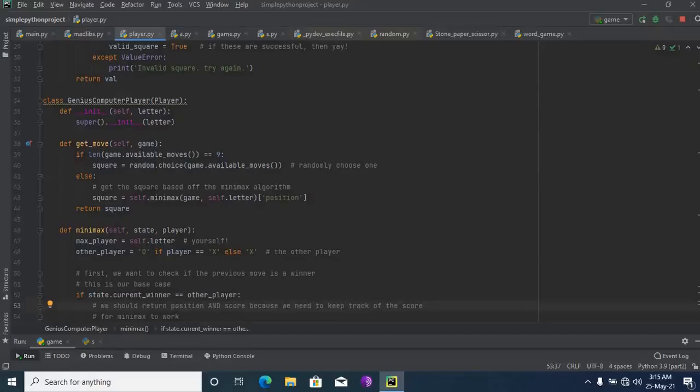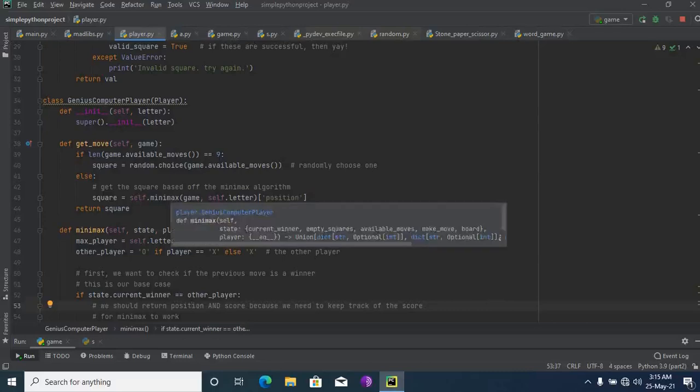Genius computer player. In the same way I'm defining letter, then def get_move(self, game). If length of game.available_moves equals 9, square equals random choice of game.available_moves. So what it's telling is that if all the spaces are empty, the computer player picks any position it wants and prints a letter. Else, square equals self.minimax.